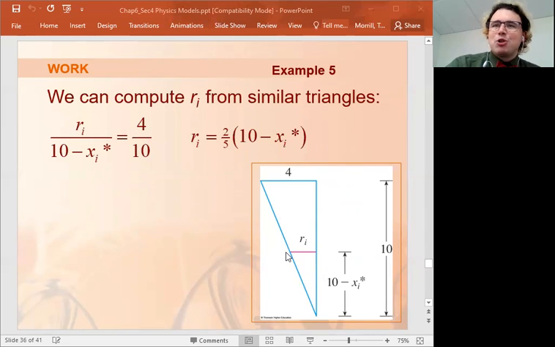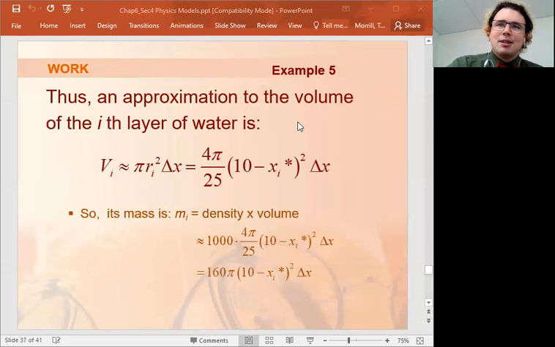I need to find my corresponding radius. Well, we can just use similar triangles. So 4 by 10 is the dimensions of the big triangle. Radius r by, looks like 10 minus x, is the dimensions of the small triangle. So r divided by 10 minus x should equal 4/10. Right? That is my similar triangle: the ratios of these base and height numbers should be the same for similar triangles. We'll rearrange and say that the radius is equal to 2/5 of 10 minus x,